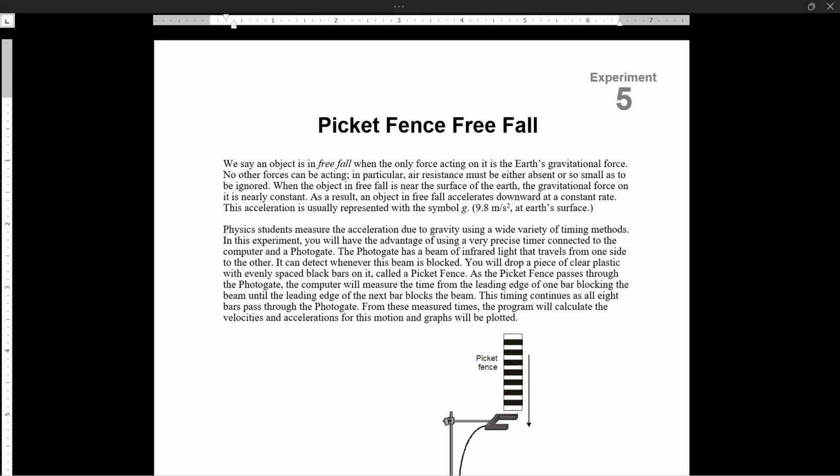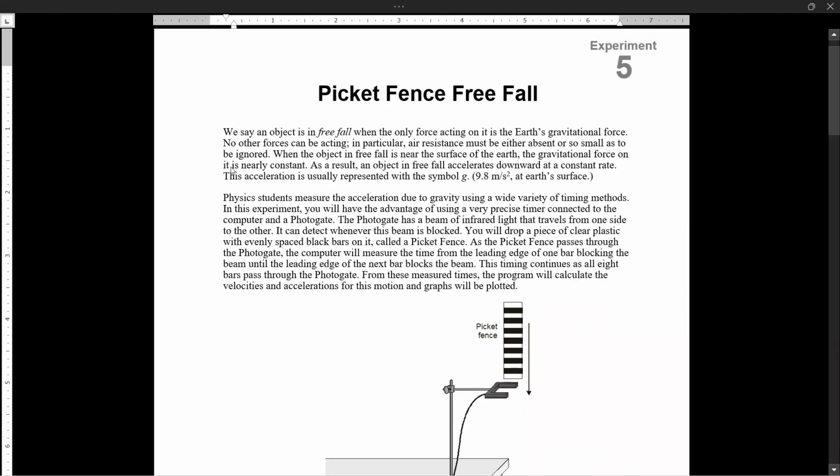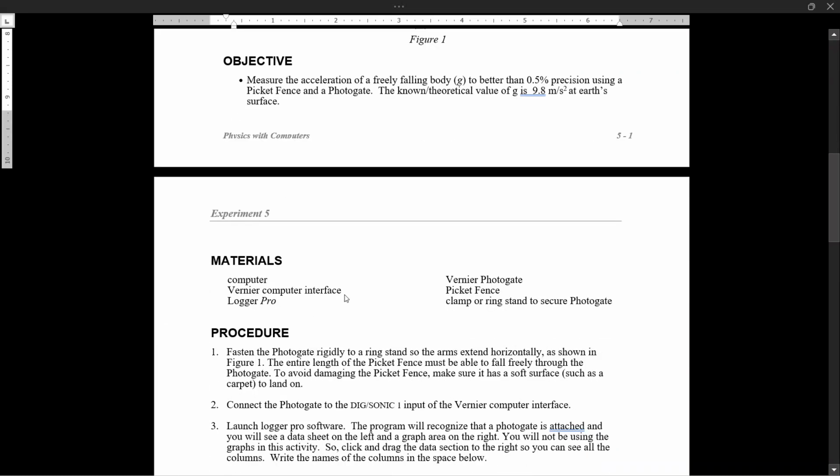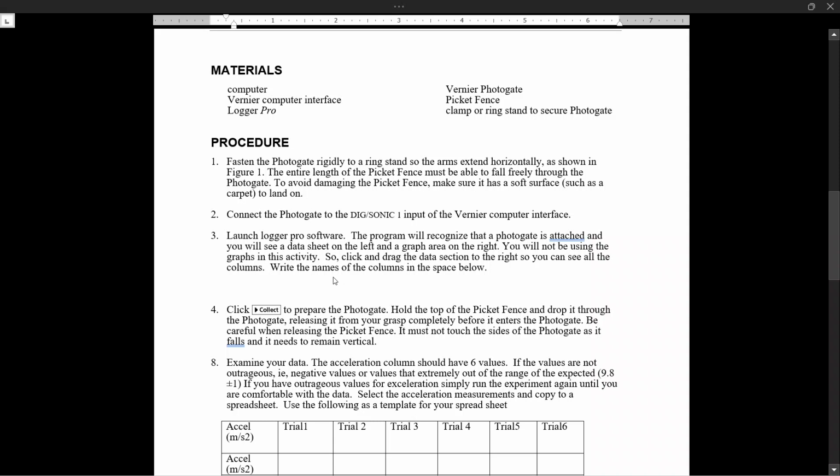This is a demonstration of the Picket Fence Free Fall Lab. And you see the handout, read through it. Read through your objective. Review the materials we need: computer, Vernier computer interface, Logger Pro, Vernier photo gate, picket fence, clamp or ring stand